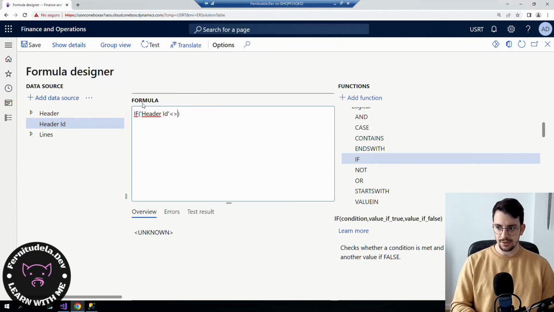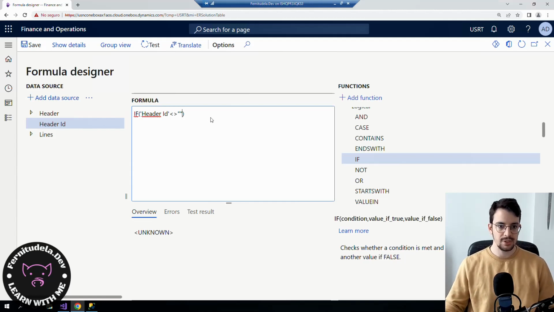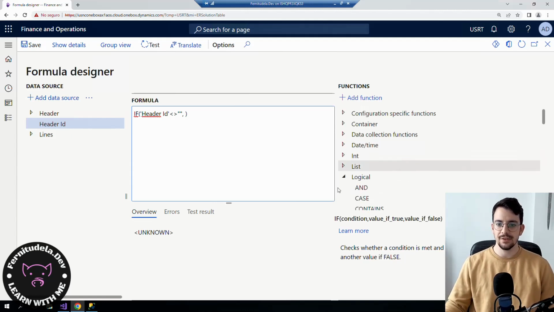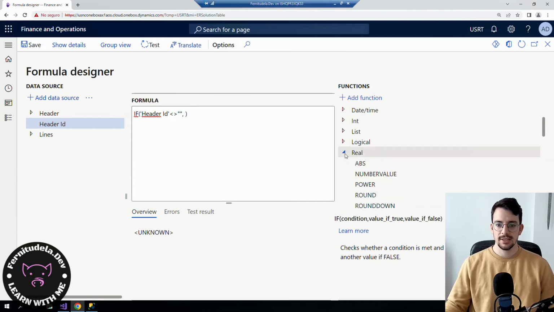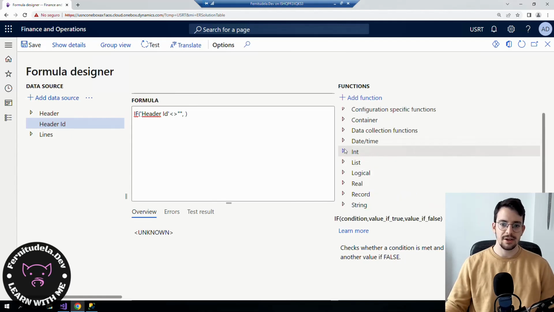Header ID is different from empty string. Then we want to filter. And how are we going to filter? We can filter with the filter function or the where function. The filter function is going to give an error because the header has itself a calculated field, so we're going to use the where function,